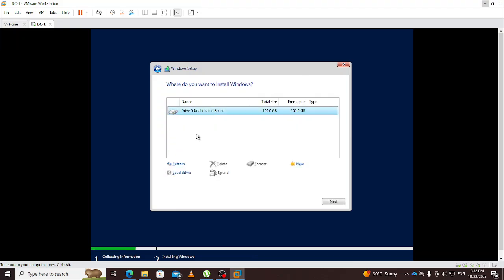So click on this, which takes us to the disks. We have the disks that have been allocated to this particular virtual machine. We have 100 gig. So we select and then we move to next. We will not create a partition on this one. Move to next, and then